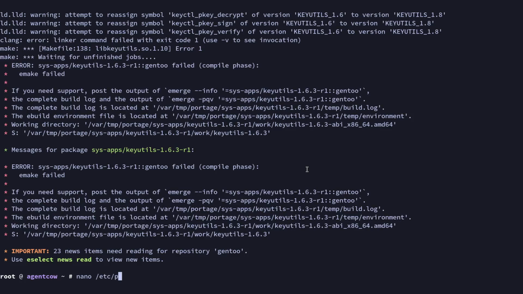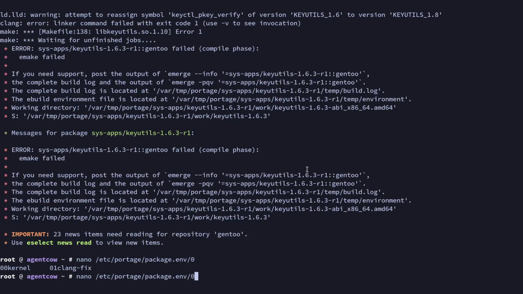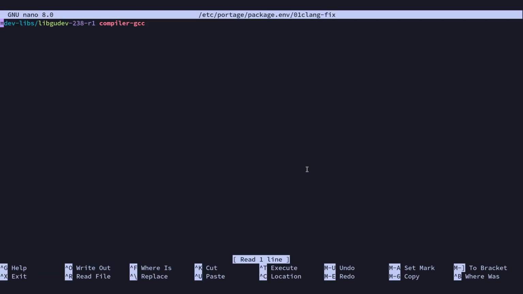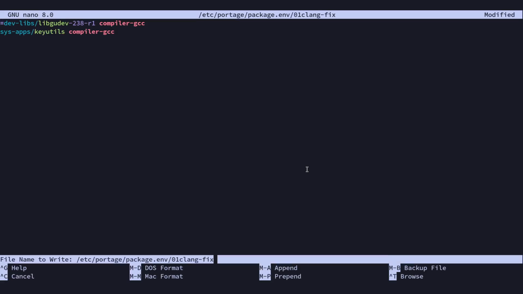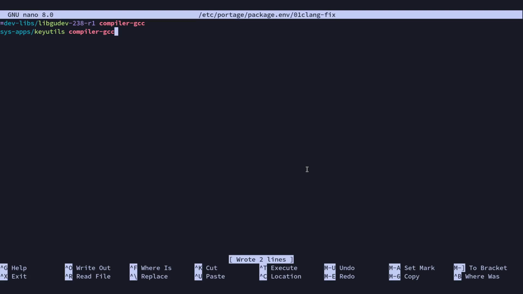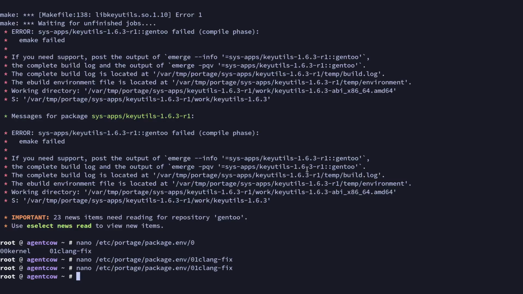So we go to /etc/portage/package.env, and you have 01-clang-fix, and we do. And well, another one on the list. This time I'm not doing an atom because libgudev actually broke because of LLVM 18. KeyUtils was broken before. So, well, that's a bit of a thing. And well, if we now do emerge --resume,